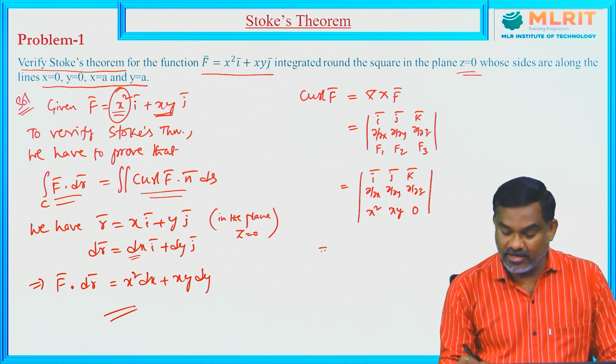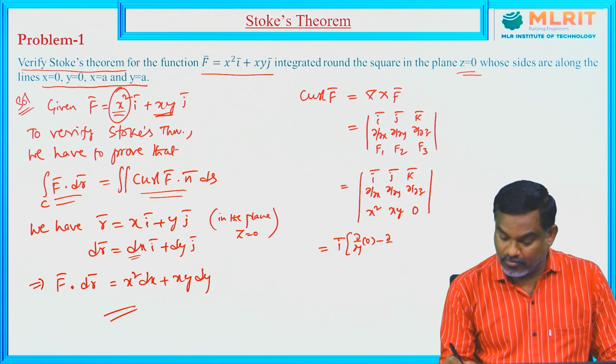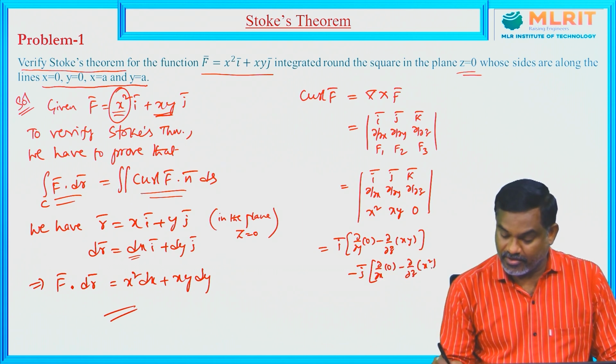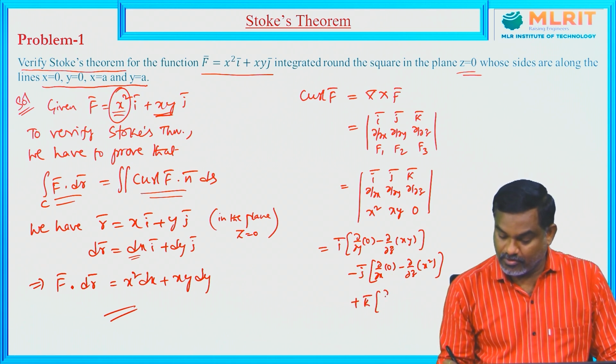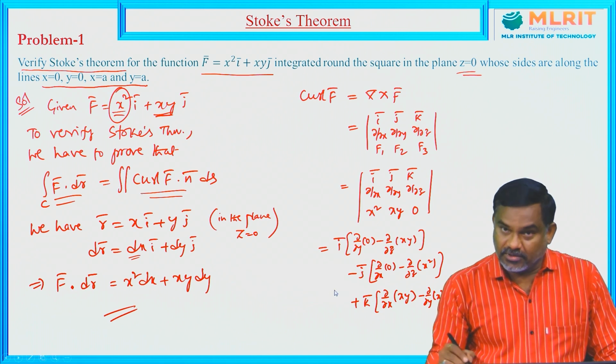So if we evaluate this determinant, i bar into ∂/∂y of 0 minus ∂/∂z of xy, minus j bar into ∂/∂x of 0 minus ∂/∂z of x square, plus k bar into the last one, ∂/∂x of xy minus ∂/∂y of x square. Now this is equal to,